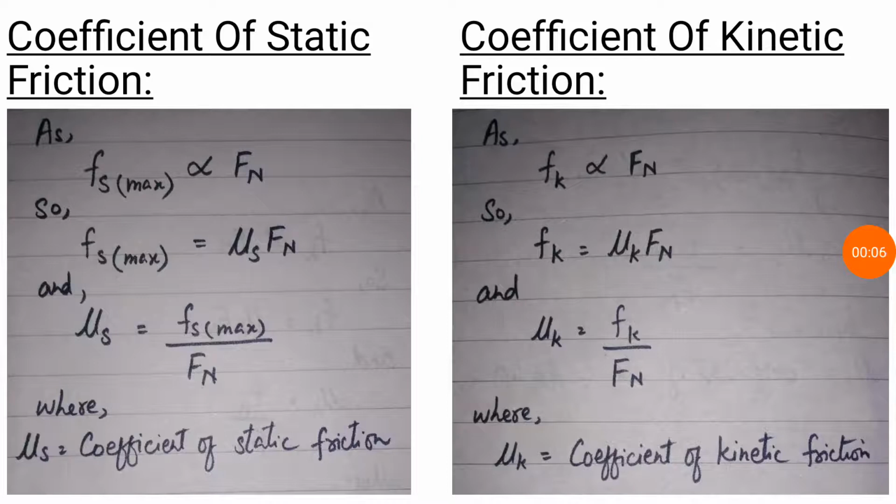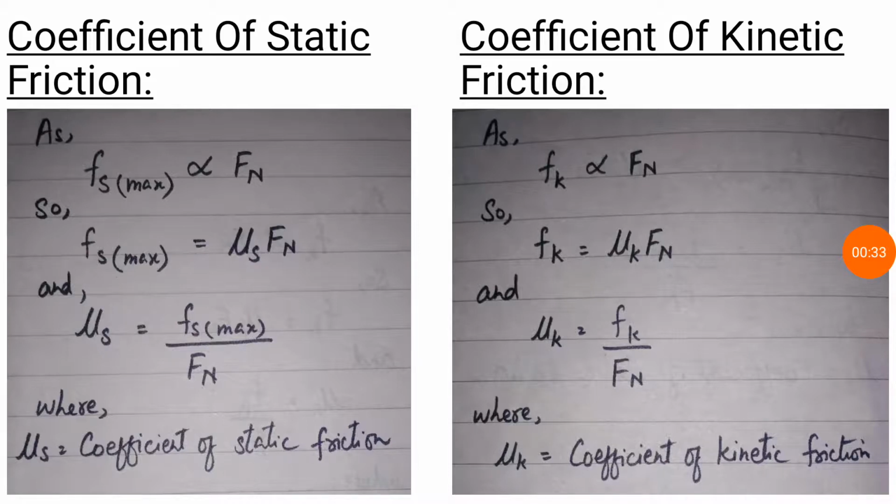It's your physics class today, and today we start our new topic of unit number 3, that is coefficient of friction. Now what is coefficient of friction? The maximum static friction force Fs between a pair of surfaces has two main characteristics. First is that it is independent of the area of contact between the objects, and second, its magnitude is proportional to the magnitude of the normal force Fn.